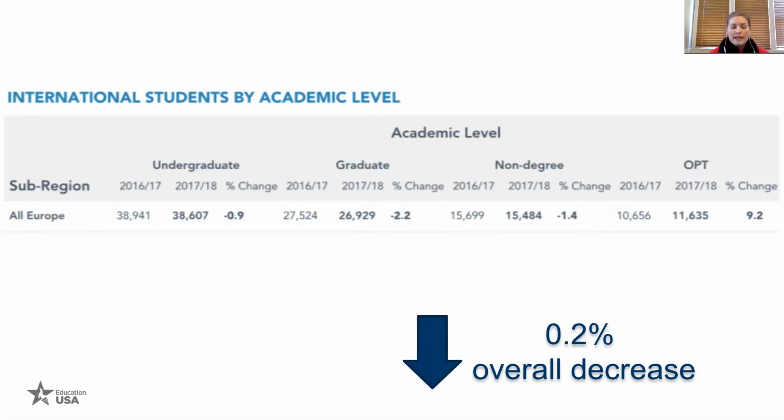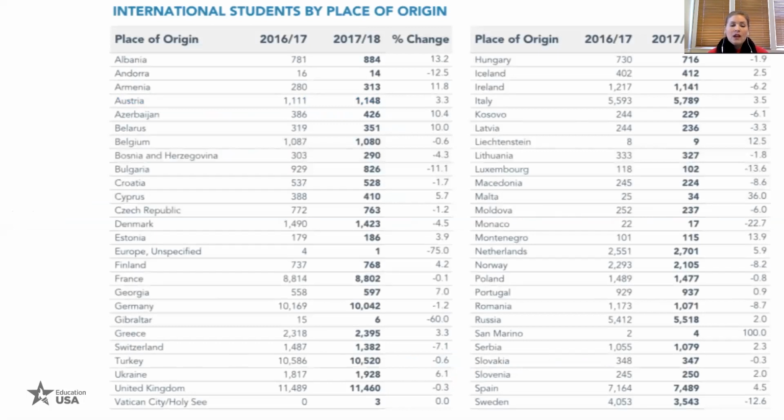So even though as a region we've had a very slight decrease from the previous Open Doors number and relatively flat numbers overall, we do have variations between the different countries we have in the region where we have advising centers. If you look at these numbers carefully, you can find this information on the Open Doors website, and you can download this and see it specifically. But you can see that some countries have had pretty large increases and some have had pretty large decreases.